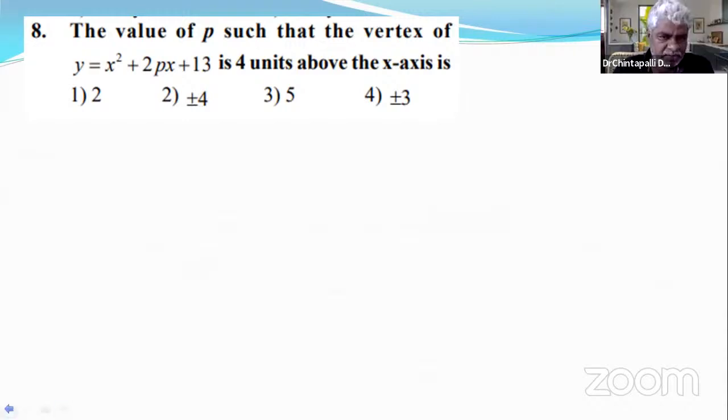It is a parabola. The equation of the parabola is, in this case,